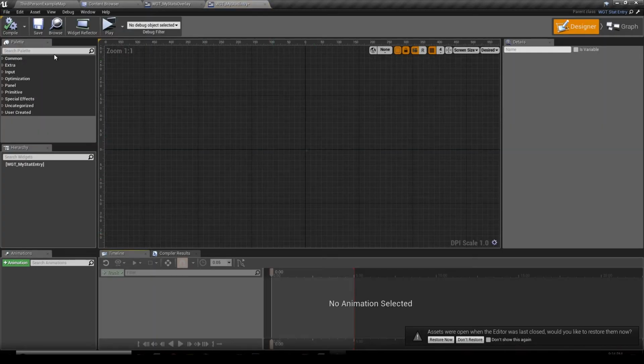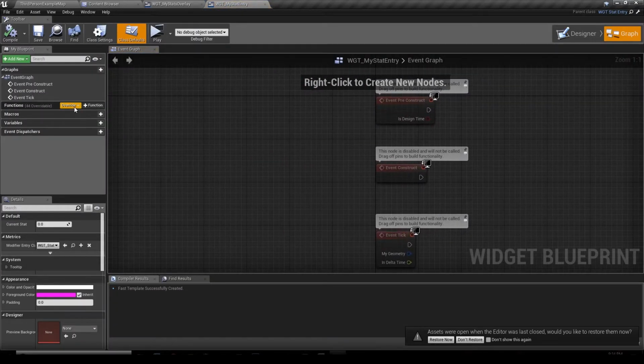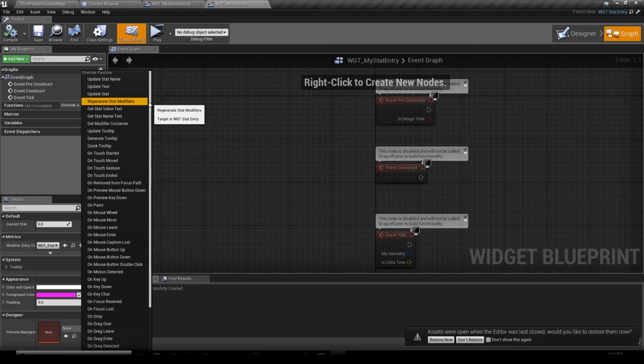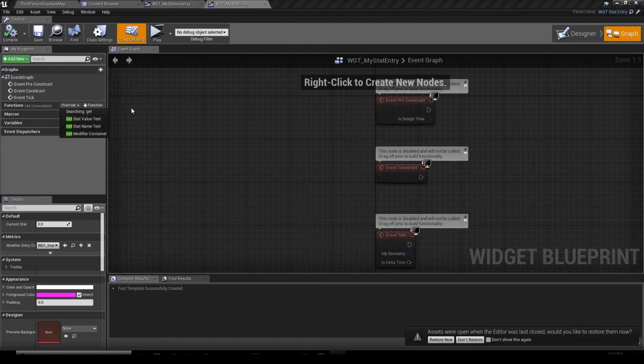We're going to open that up. We're going to go to graph. We're going to go in our override button. We're going to drag this little drop down menu down. Then we're going to search for get. And we have